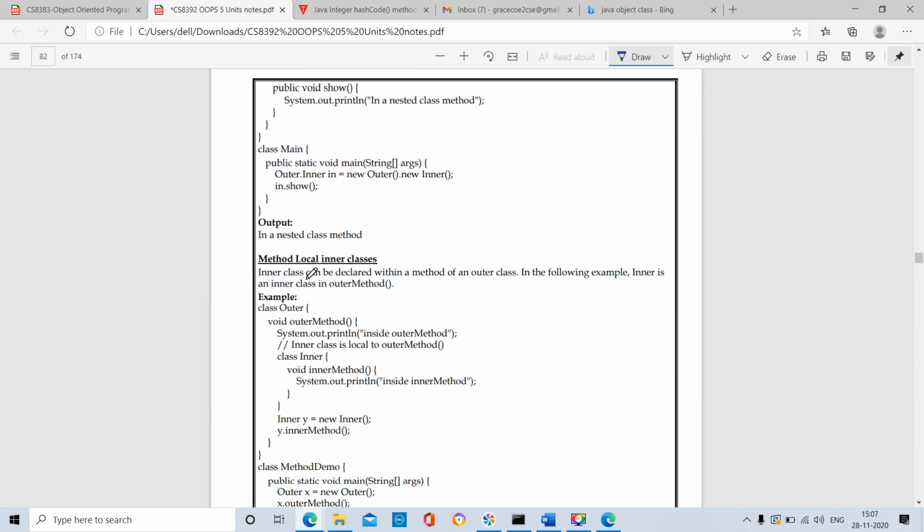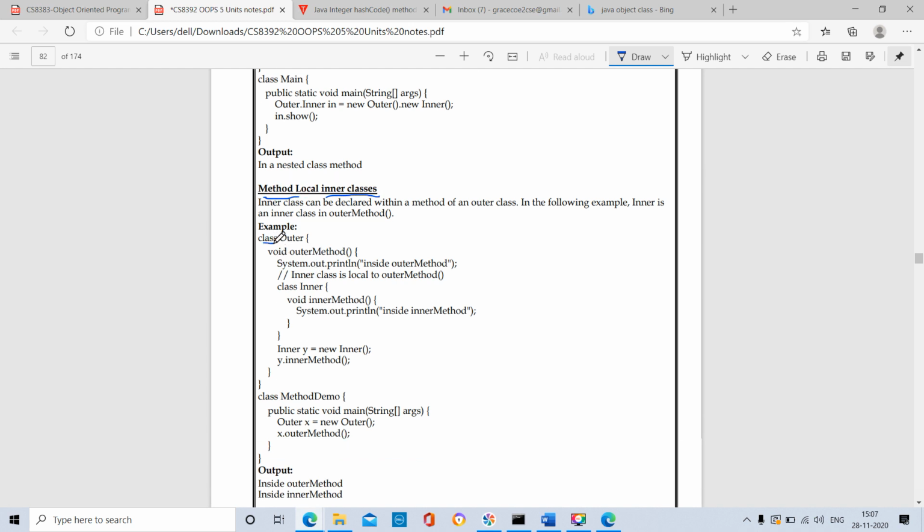Next topic is method local inner class. The inner class contains a method. See the example: class name is outer. We are opening the curly brace. Here we have the method outer method. We are opening the method.